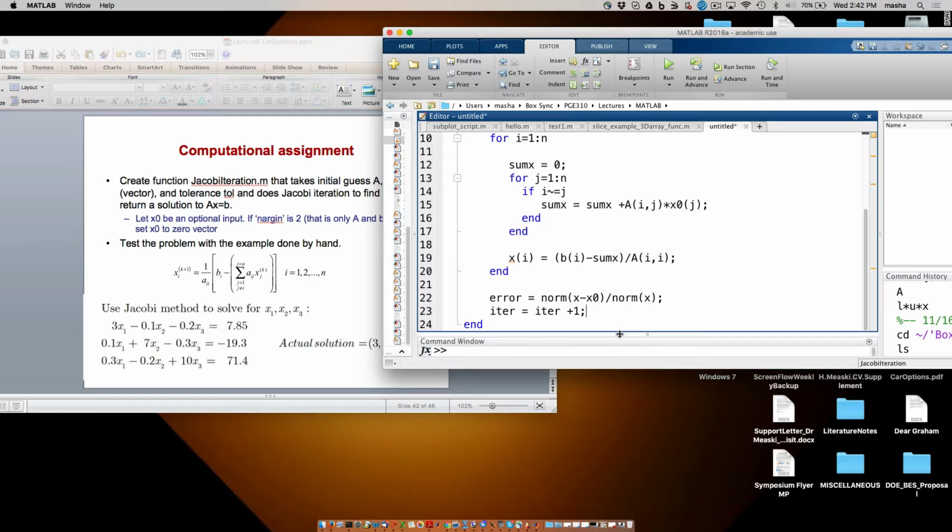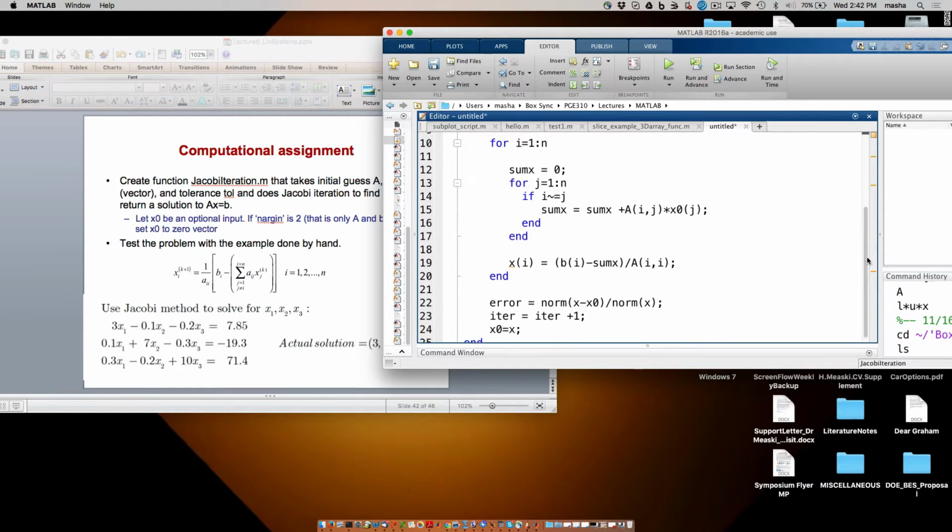If the iteration is 10,000, there's one more thing that I need to do. And you know that for root finding, update my x0. So now you can say x0 is x. I computed the norm, and keep going. So this will stop when the while loop finds error less than tolerance, or